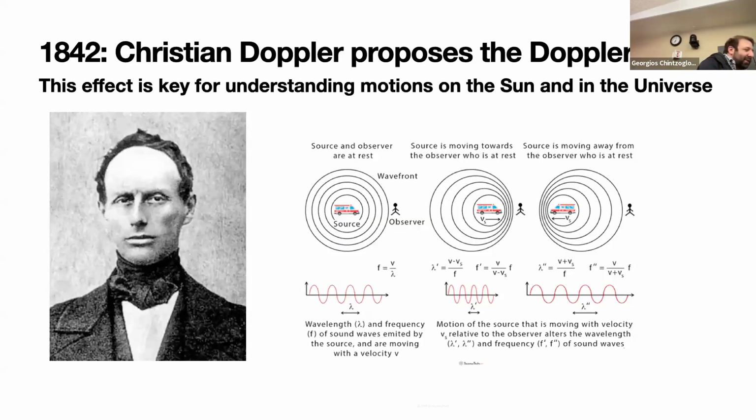Anyway, another important figure in understanding how things work outside of our own planet was this gentleman here, Christian Doppler, back in 1842. He was a PhD student, and he proposed in his thesis what we now know as the Doppler effect. It means that relative motions are actually causing light to change slightly. And that slight change would be completely impossible to determine with our own eyes,